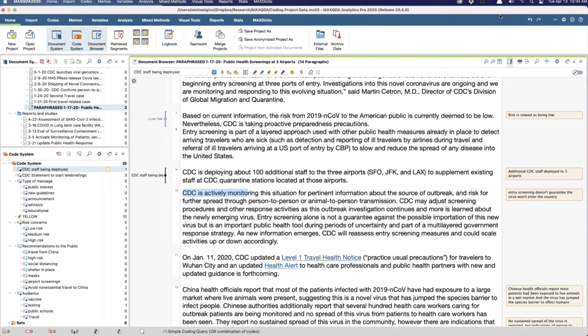You can use paraphrasing like this when you don't have a coding system in place and you're not certain what you're going to code, and you can simply use it to help create a coding system. The categorized paraphrases tool is really useful for that.